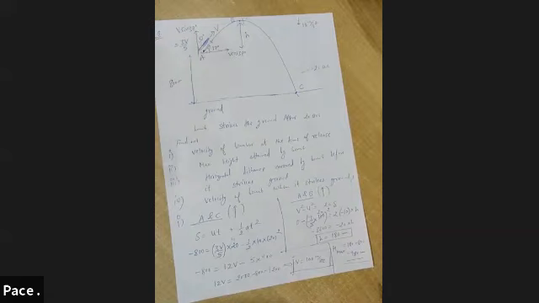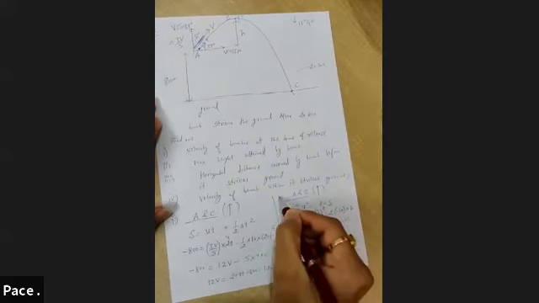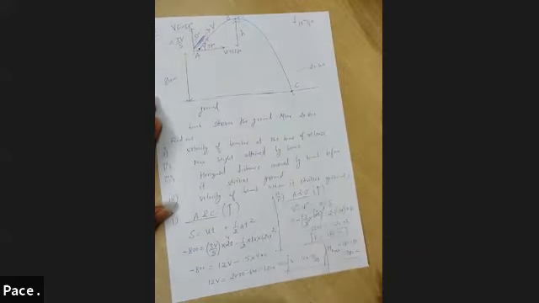980 meter. Okay. We are taking the value of acceleration due to gravity as 10. If you take 9.8, then you will see a slight change in answers, but that's okay. You must know the concept. So the answer for the second part is 980 meter maximum height from the ground.